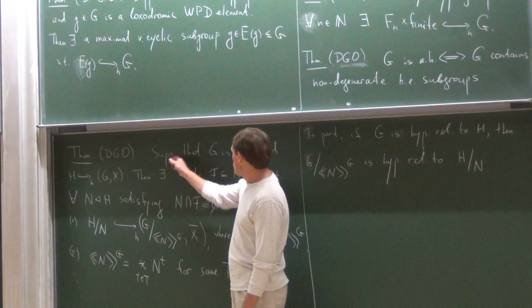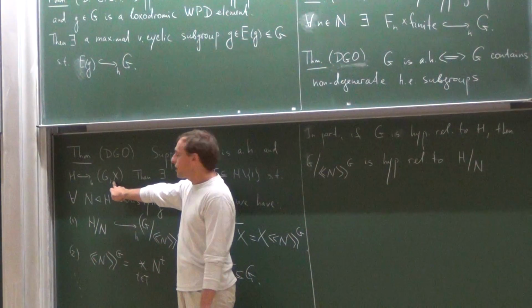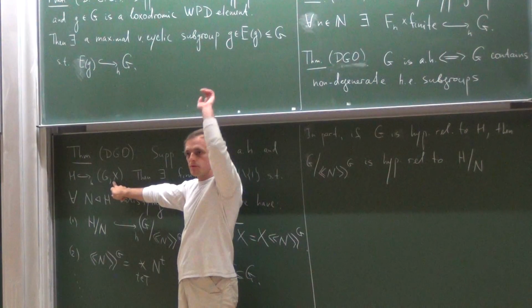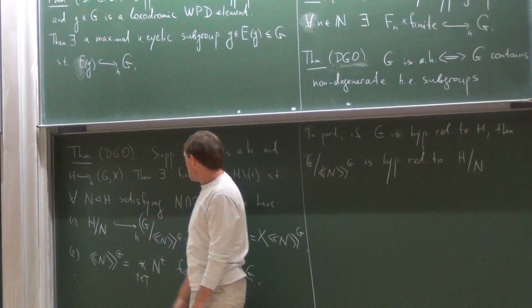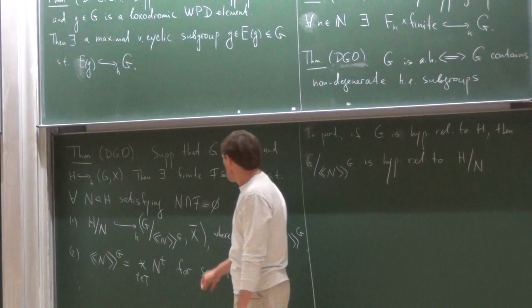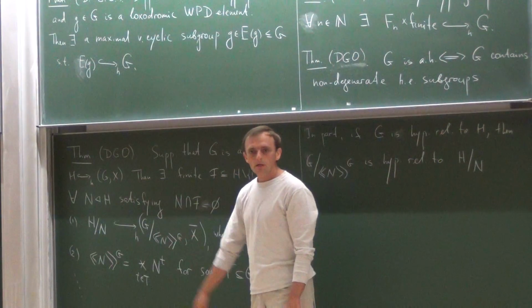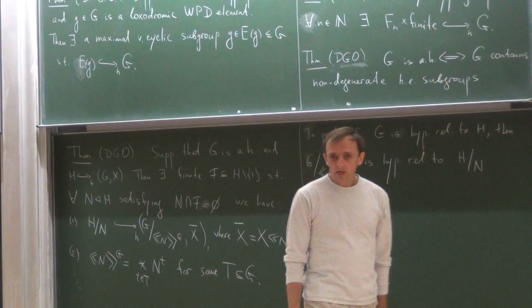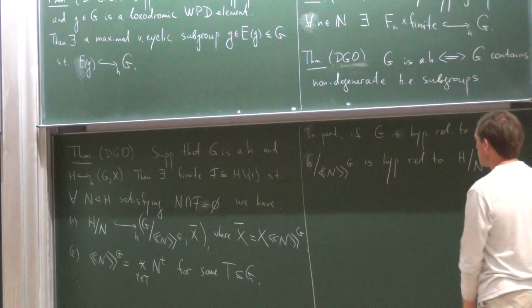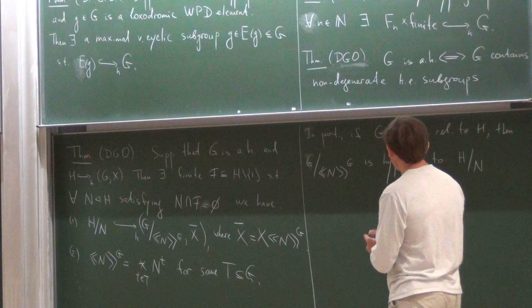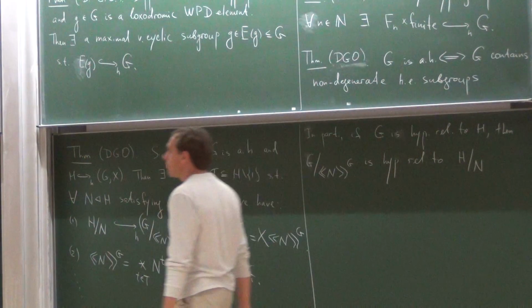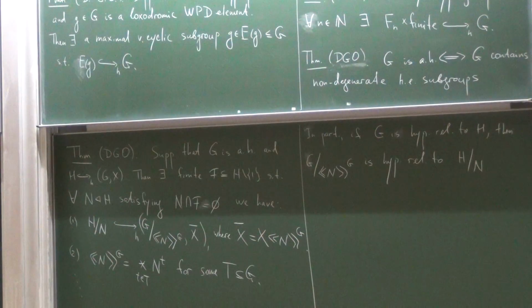So if G was hyperbolic relative to H, we would take X to be finite because of that C, which characterizes relative hyperbolicity. Right? And then, of course, if this X was finite, then its image is also finite. This was the original statement in my case about relative hyperbolic groups. So this is just a generalization. So now, first of all, I want to explain that this implies this algebraic statement of the Thurston theorem, and